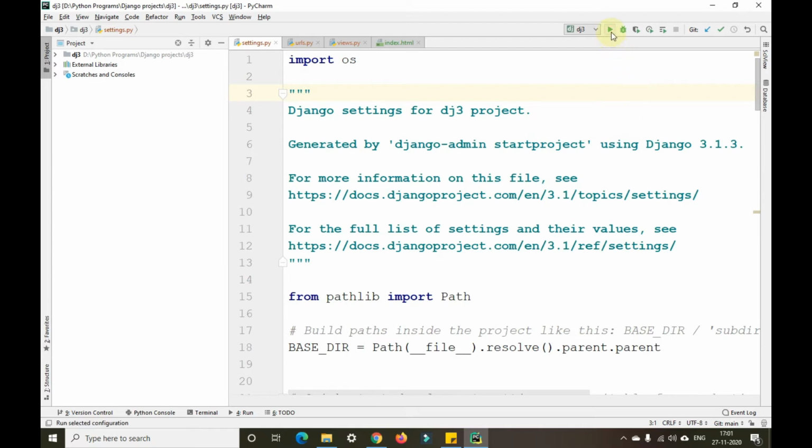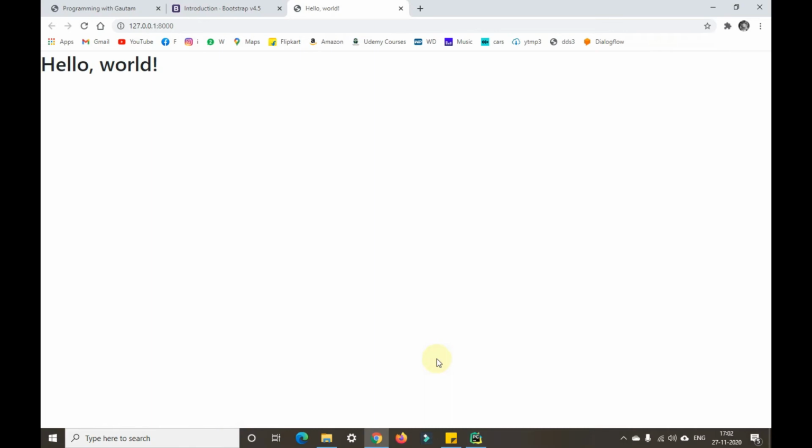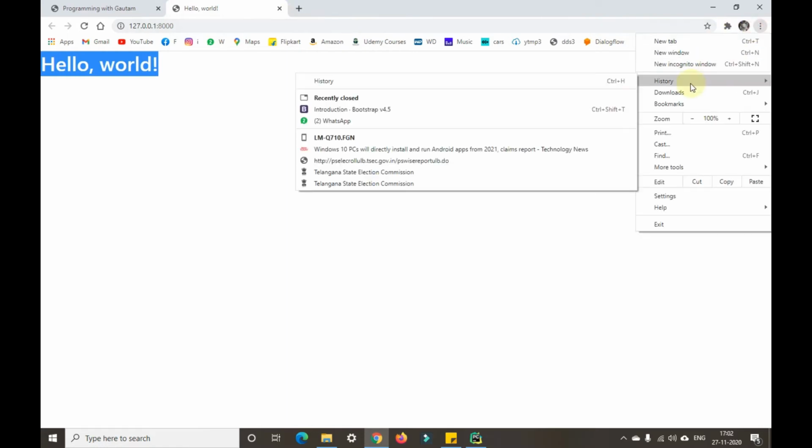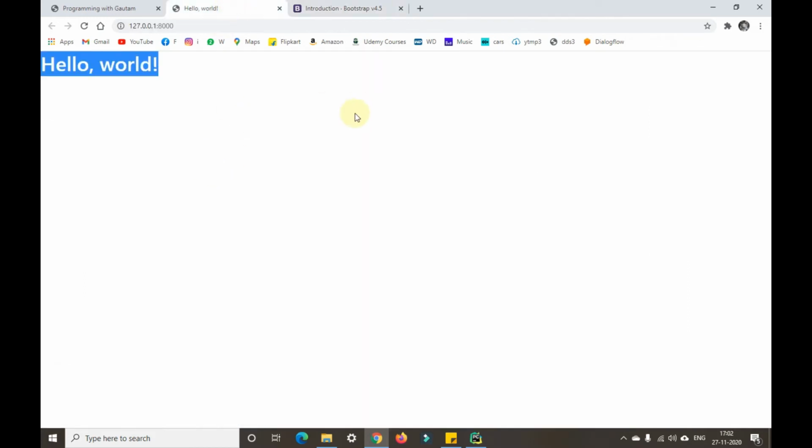Now let me run this project here. You can see, this is hello world using the Bootstrap code. Automatically the template is ready here. I've closed that by mistake. Using this template, we are getting this particular page here.